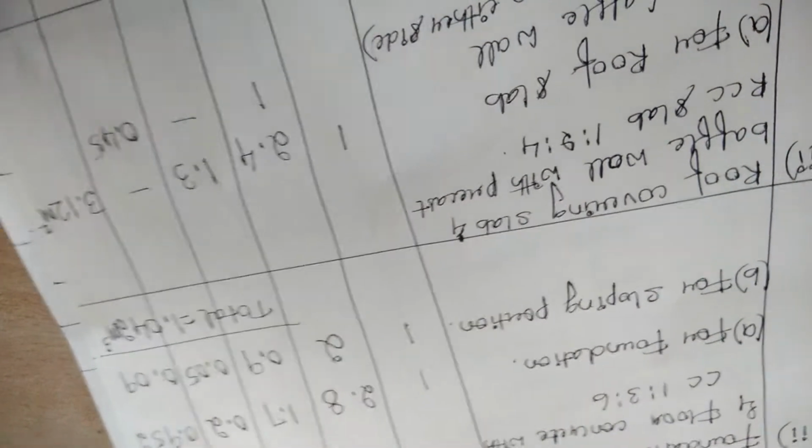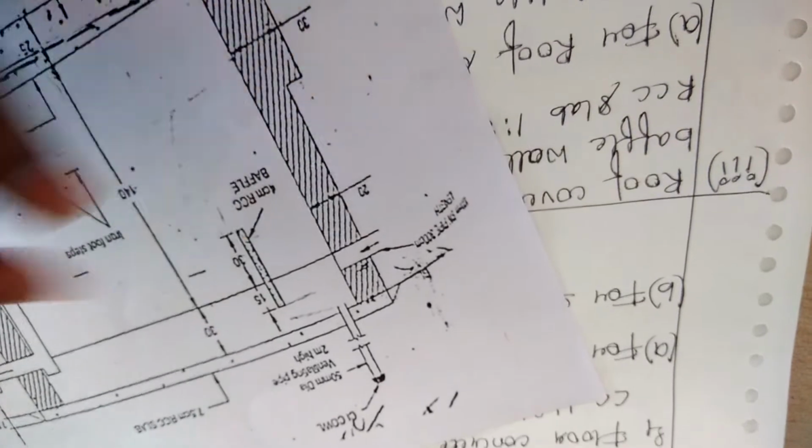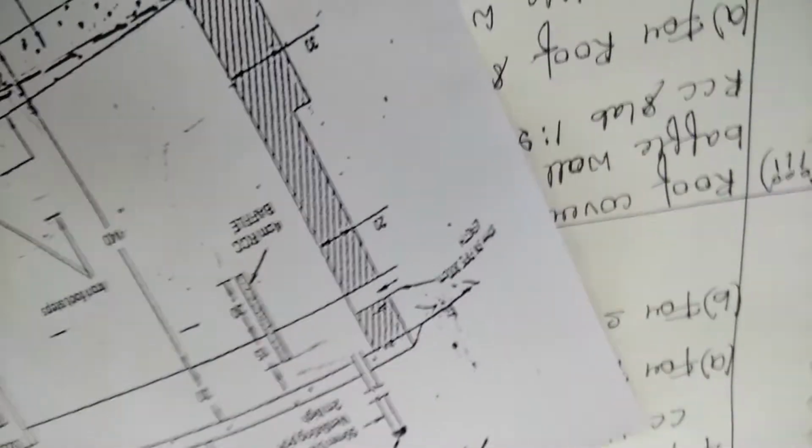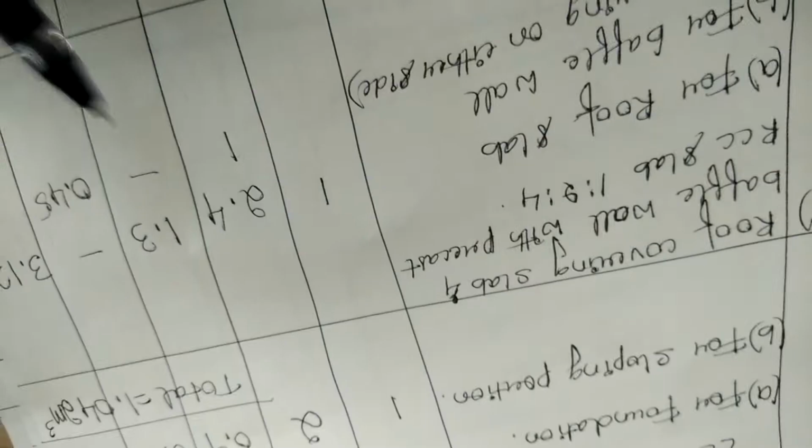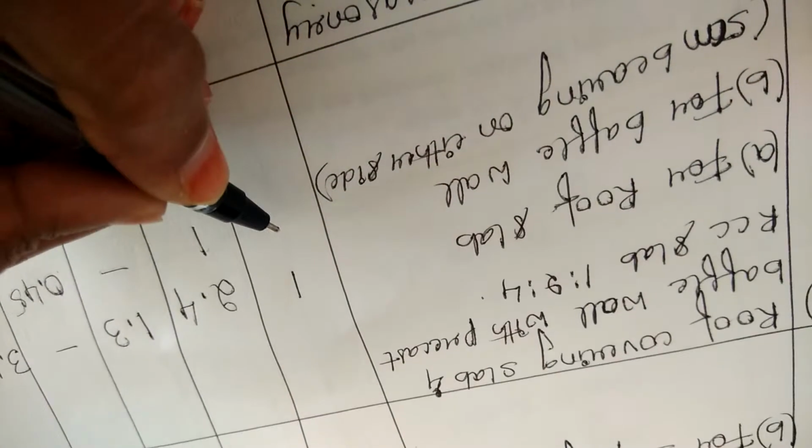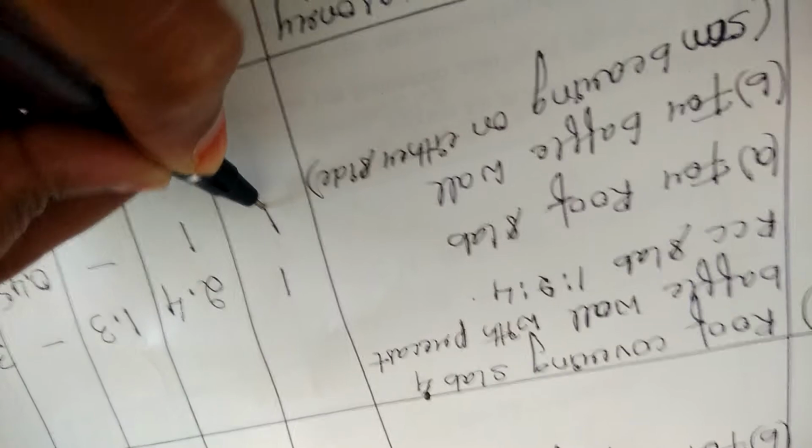We are not finding the width here because the width of the baffle wall is 4 centimeter. That is very small. As the width is very small, we will be neglecting the width. Only we are writing the length as well as the depth here. Now, we are considering the baffle wall as one portion. So hence, as the complete thing, we will be writing the number as 1 here.